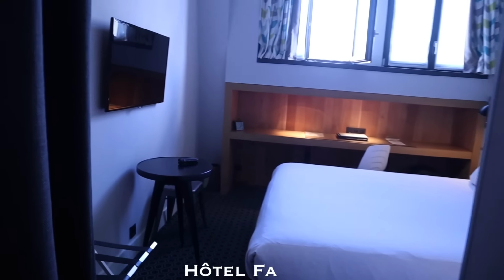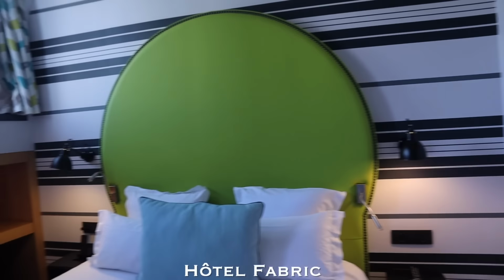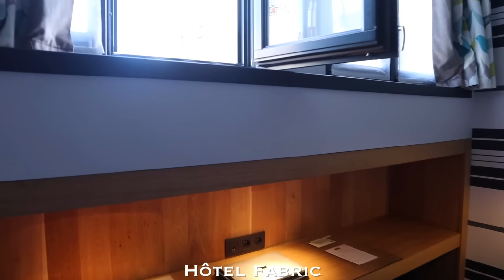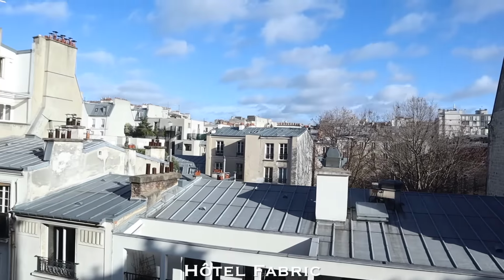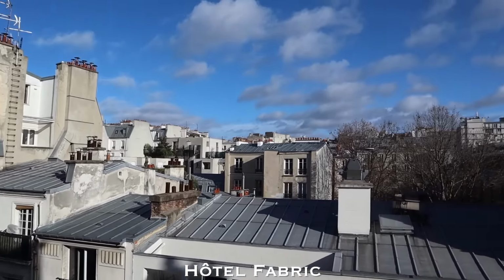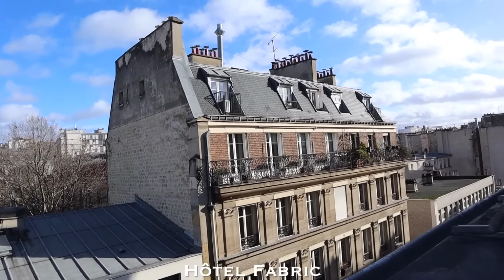Hotel Fabric here is housed in a former textile factory. And if I step up on the chair like I just was, some views of the trendy Oberkampf neighborhood and Parisian rooftops. So now leaving Hotel Fabric and stepping out onto the streets of Paris, where I am